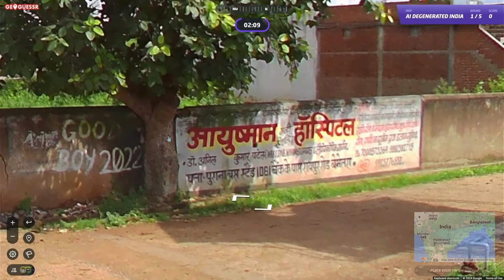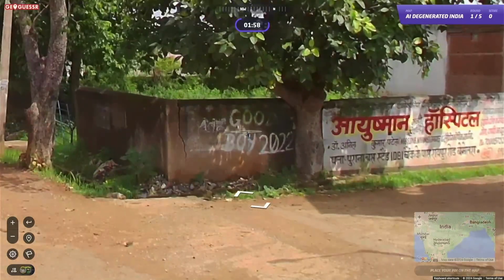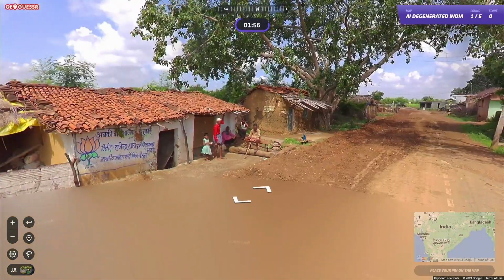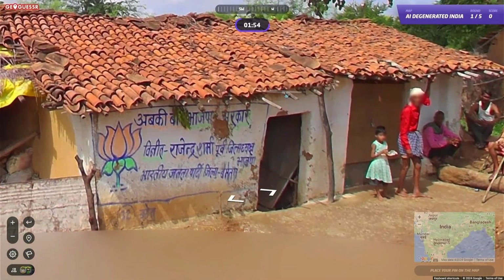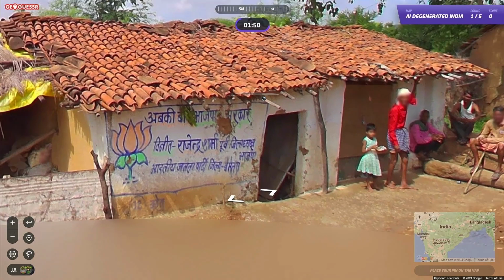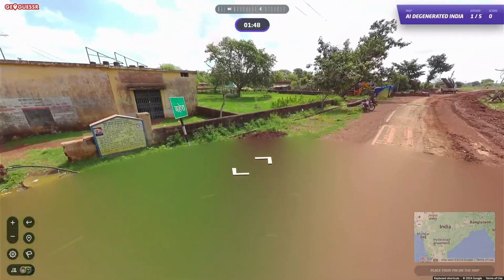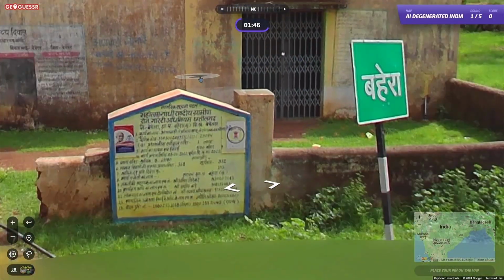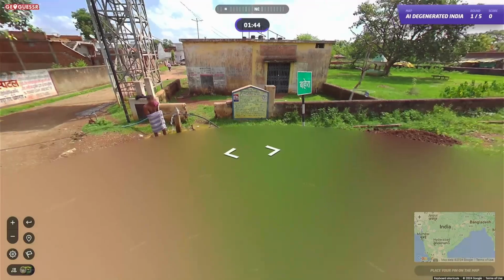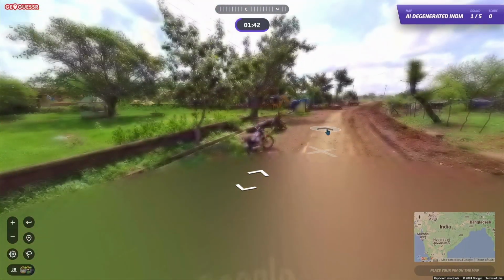I'm trying to see if there's anything discernible, any text here that I can utilize. Good boy, 2022. What is good boy 2022, huh? I'm in a crossroads here. All right, Maharashtra, right? Maybe, possibly.